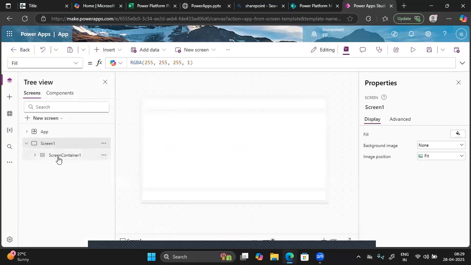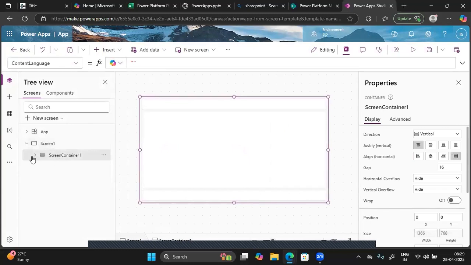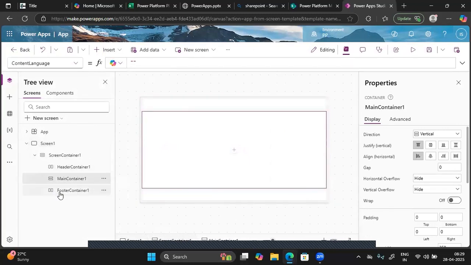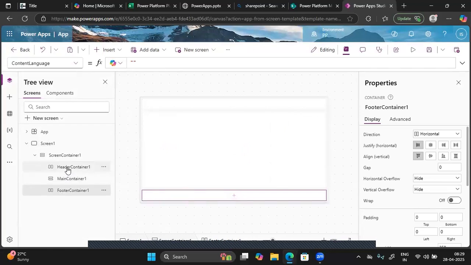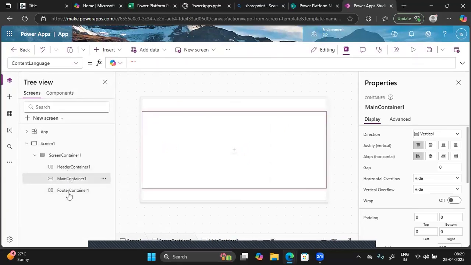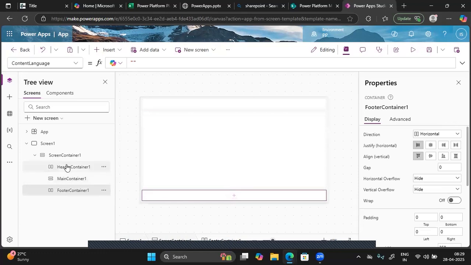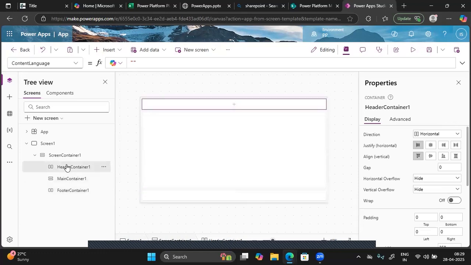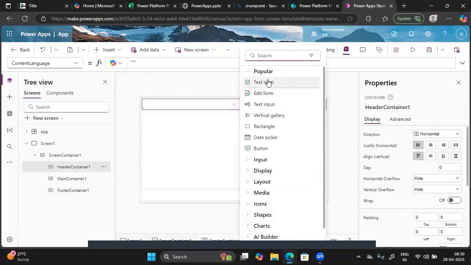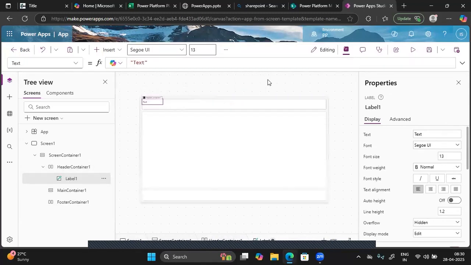It will create a screen with screen containers. You have a header container, you have a main container, you have a footer container. These containers are the things with the help of which you can make your app responsive. Okay, so now click on the header container. Let us go ahead and add something here. So let's create a text label. So in text label, you can simply